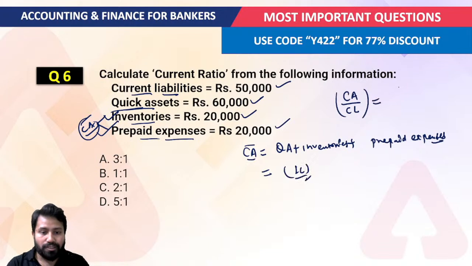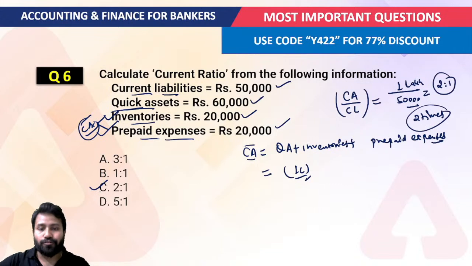So if I have to just write the value of the current asset, that should be the 1 lakh here, and under the current liability you will get the 50,000. This is the 1 lakh. So what should be the ratio? 2:1, or you can also say that is a 2 times, and this is how you have to solve, because you are just understanding the concept regarding how you should attempt the questions in the examination. And now this is very important to understand, because we actually do all the advanced level questions. Now, understanding the concepts, just revise all the concepts based on these questions. Okay, next,